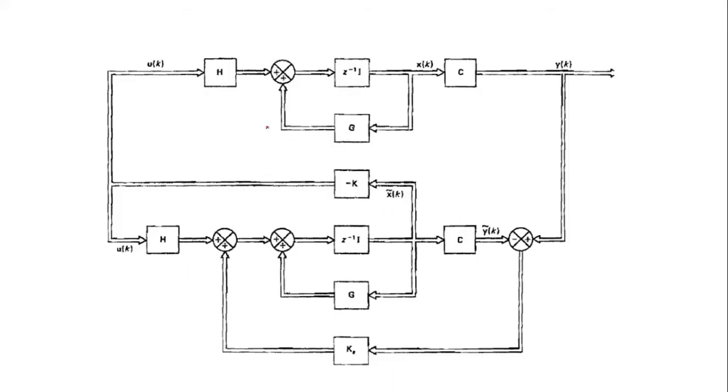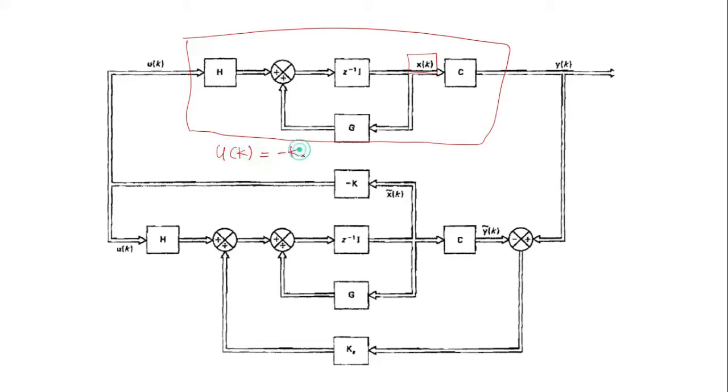So this is a general form of a state feedback system, and here this part is your actual plant. This has matrices G, H and C, and here we assume that the state x of k is not directly observable. So in that case you cannot give the state feedback u of k equal to minus K into x of k. So what we do is we use a state observer to estimate the current state of the system, that is x of k, and we call that observed state x tilde of k, and use that for the pole placement.